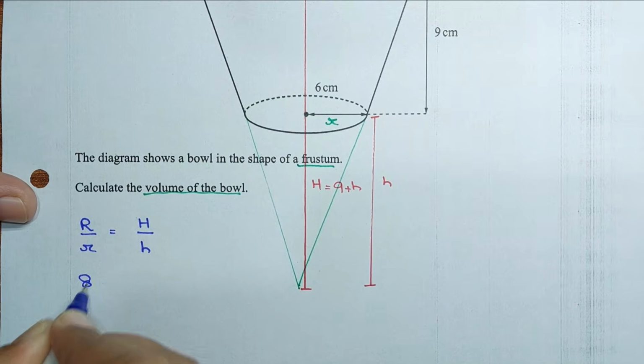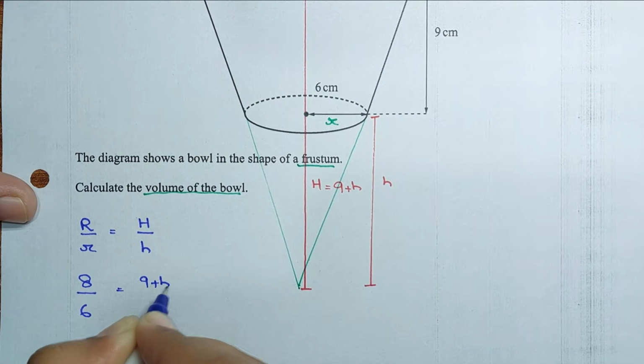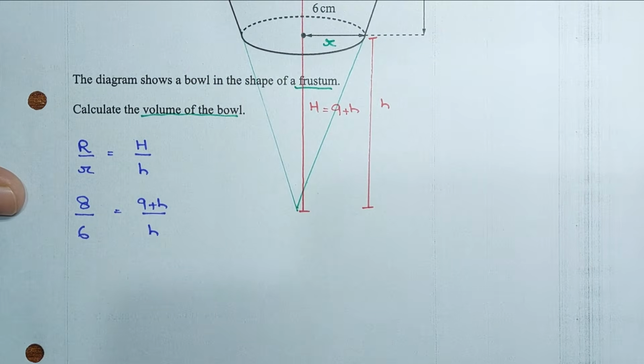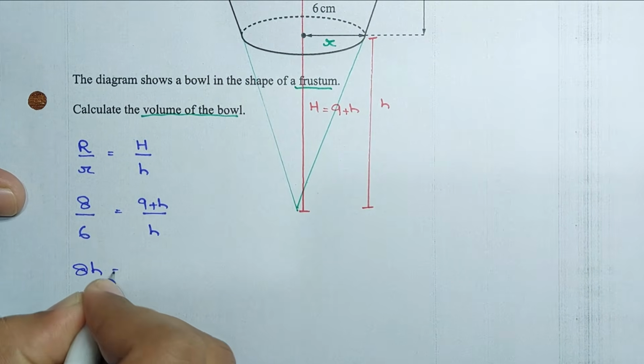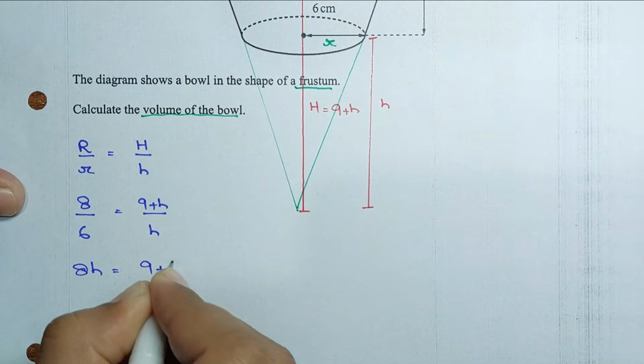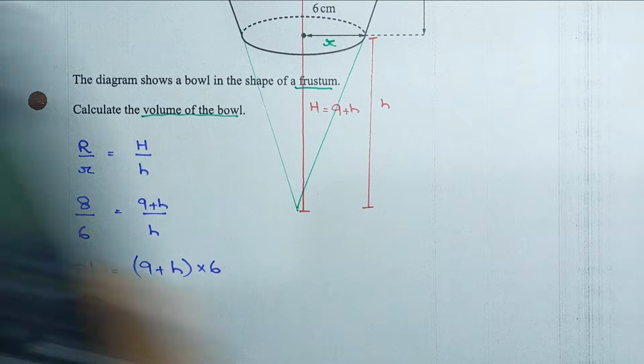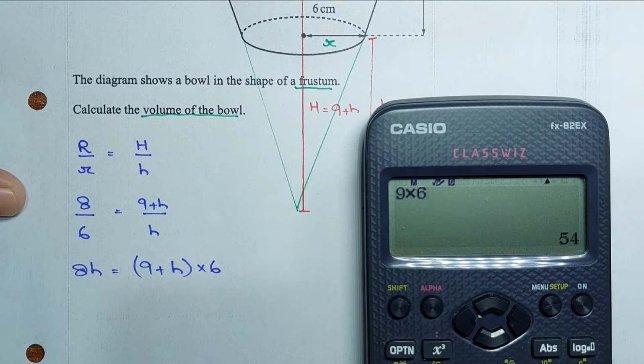The larger radius is 8, the smaller radius is 6, the larger height is 9 plus h, and the smaller height is just h. Cross multiply and solve for h. 8h equals 9 plus h times 6. Okay, so 9 times 6 is 54, so 8h equals 54 plus 6h, right? So 8h minus 6h,